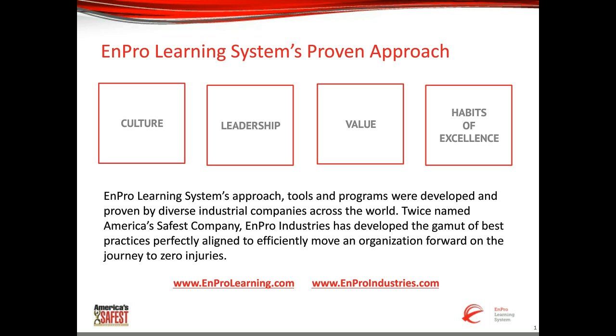Despite the high hazards of our businesses, Enpro has been twice recognized as one of America's safest companies by EHS Today, and we pride ourselves on the fact that most all of our businesses across the globe operate injury-free year after year. This has led to the formation of a safety services division, Enpro Learning System. We help customers improve their safety performance through a variety of services and offerings. Our system and approach focus on establishing a strong safety culture at the facility through the development of the leadership team and safety leaders throughout the business, the implementation of organizational values that drive habits of excellence throughout the entire organization.